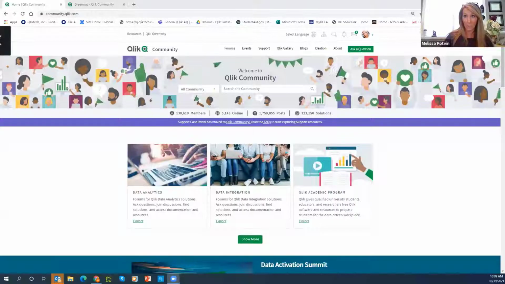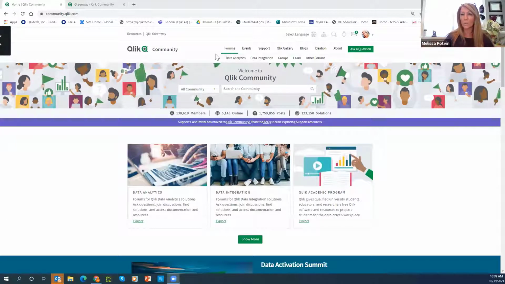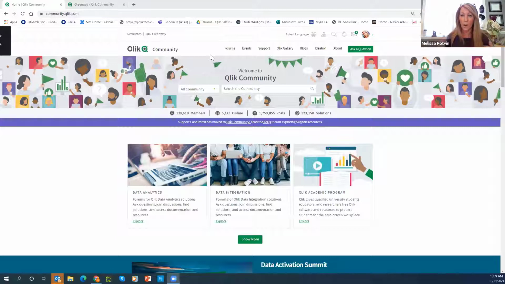But the community is so much more than that. And what I always tell people is that the community is more than just the one URL. So it's community.qlik.com, but it's so much more than that. I'm going to share my screen because I want to explain to you exactly what I mean. Hopefully everyone can see that okay. So obviously, many of you are probably familiar with our forums, which is the meat and potatoes, if you will, of where all the traffic and all the questions are happening.